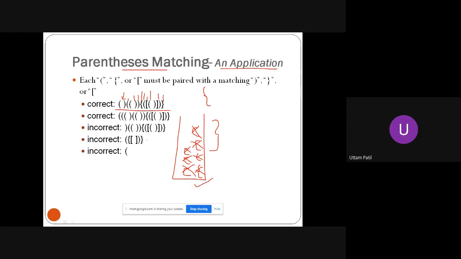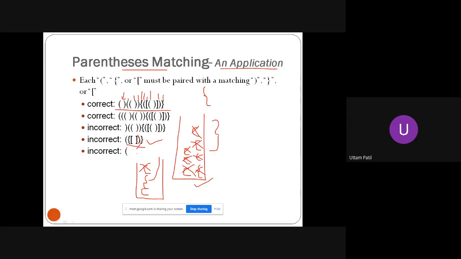Now you can just look at this example. Maybe now you have a stack, opening bracket. I just push it over here. There is a flower bracket opening. I just push it over here. There is a square bracket. I just push it onto the top of the stack. Closing square bracket is encountered. I just pop it off. Closing round bracket is encountered, whereas on the top what I have is a flower bracket. So when I compare these two, there is a mismatch, and I can tell this sequence of brackets is incorrect.